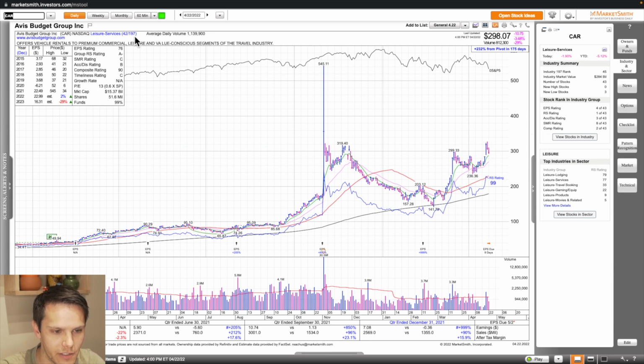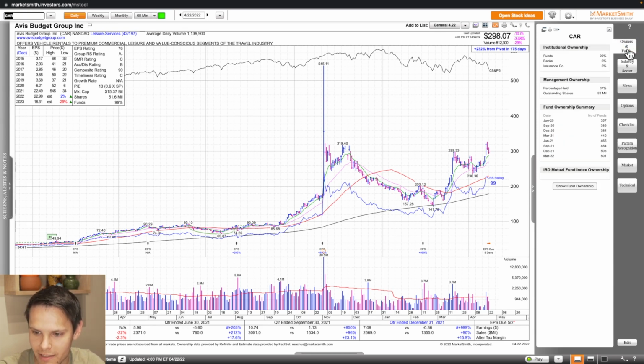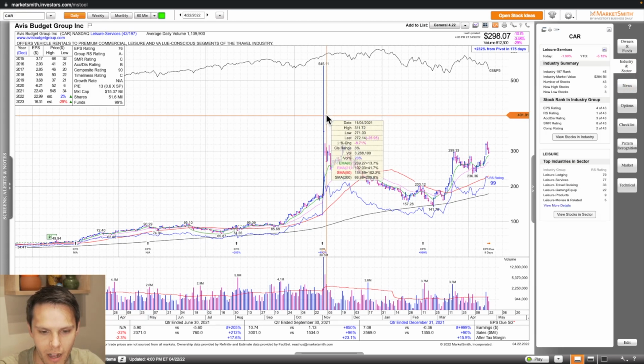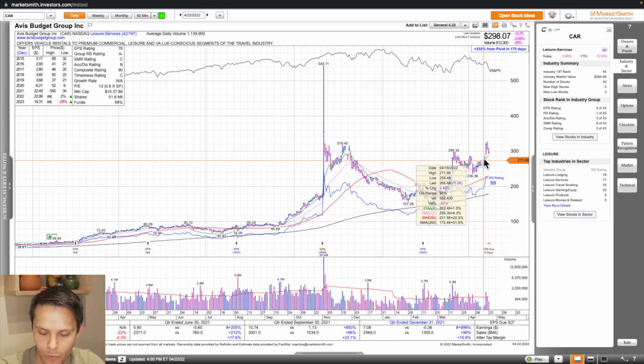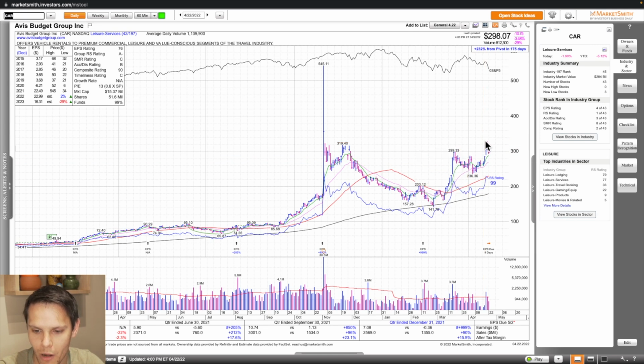It's in Leisure Services Group, 42nd out of 197, so A minus group strength rating, 90 overall composite, 99 individual relative strength, very strong fundamentals, strongest stock in the group on relative strength, number 2 on overall composite basis. Fund ownership starting to flatten out here, but this stock has exhibited the ability to make these massive, very quick moves. So after a really nice 21% breakout, pulling back,